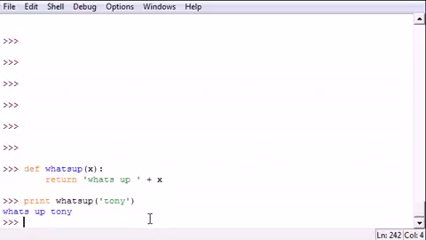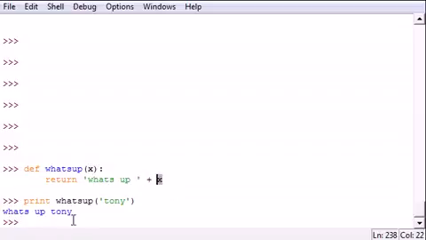So let me go ahead and run this, and it says what's up Tony, and let me show you guys what exactly happened here. This is our program right here. It says print what's up Tony. Well, what is what's up Tony? Oh, you created a function called what's up. All right, so whatever parameter this is, I'm going to throw this in for X. So again, that's why I use the parameter. It's like a temporary placeholder for whatever parameter this is. So whatever you put inside your what's up, it gets called to this one right up here, and